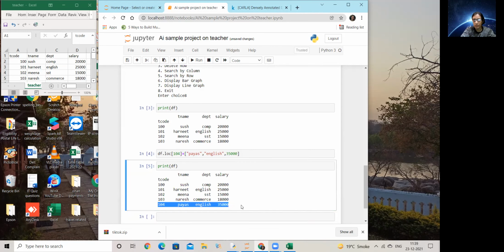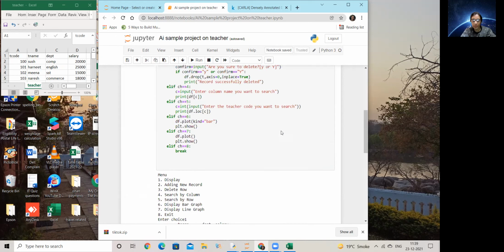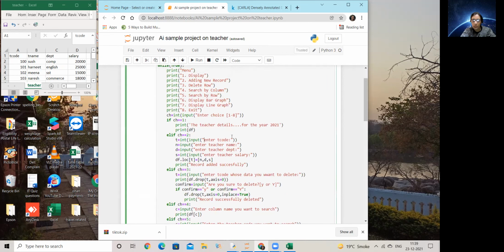Added, right? Now I want to do this in the form where the user gives me the details. So what code have I written here? Enter the teacher code, enter the teacher name, enter the teacher department, enter the teacher salary. So we take 4 values from the user: code, name, department, salary.